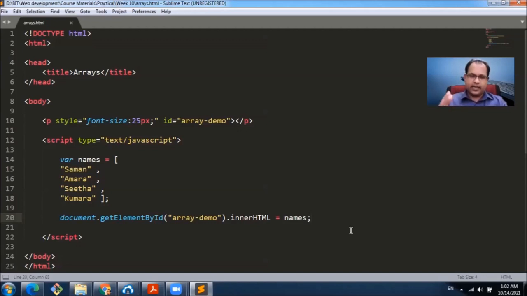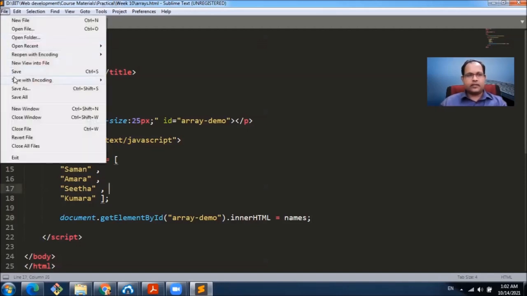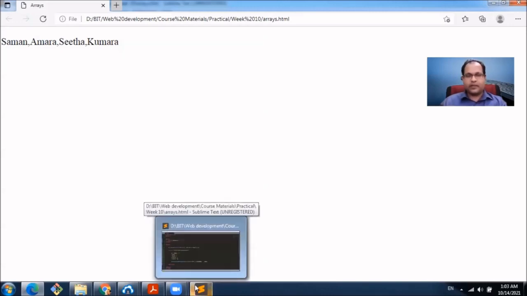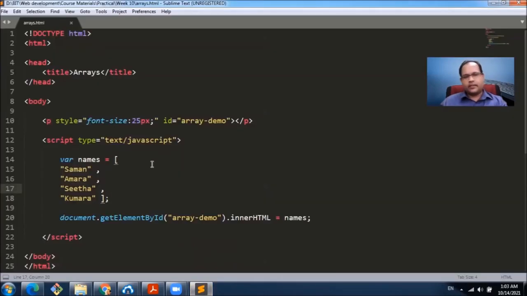We actually assigned an array into this inner HTML and experienced what would be the outcome. To recall that, remember the toString method that we talked about. Let's save this and refresh our page. Right, now we have Saman, Amar, Sita, and Kumar all showing separated by commas. I think now you remember what happened, right? Last week.